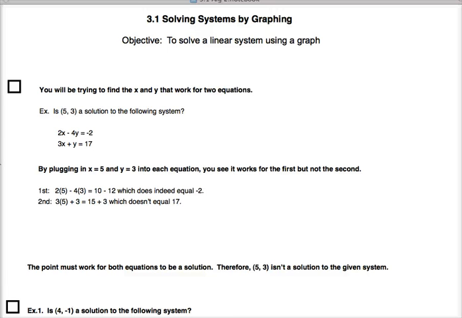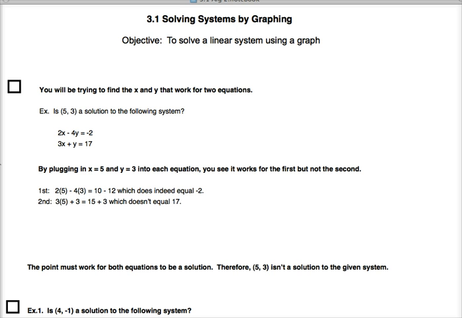Okay, we're heading into chapter 3 now, which is going to be on solving systems of equations and inequalities. We're going to be doing some pretty interesting stuff. Let's begin with some basics. We're going to have a couple equations. We're going to graph the two lines, and then we're going to see where they cross. And that's going to represent the solution for the whole entire system, which means the answer works for each and